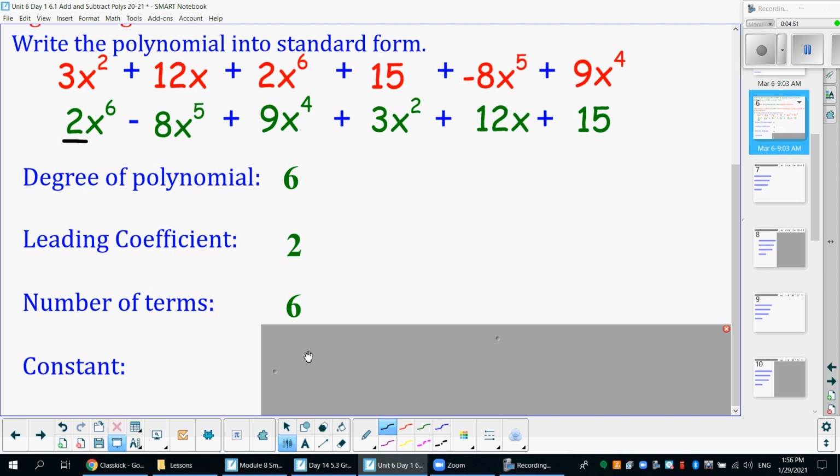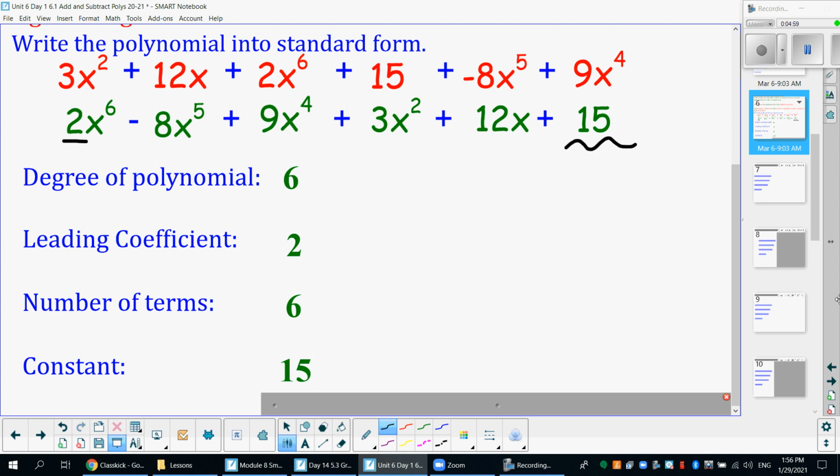The constant is the number that's either being added or subtracted in your polynomial. So right here at the end, the 15 is the constant. So now that we know what a polynomial is, how to write it in standard form, and how to identify the key features of the degree, leading coefficient, number of terms, and the constant,